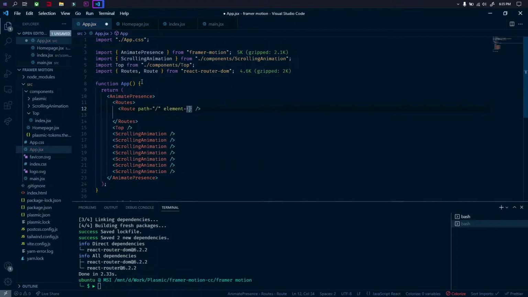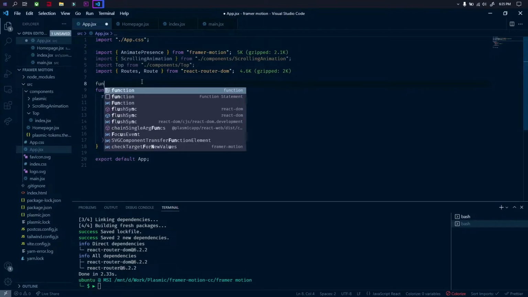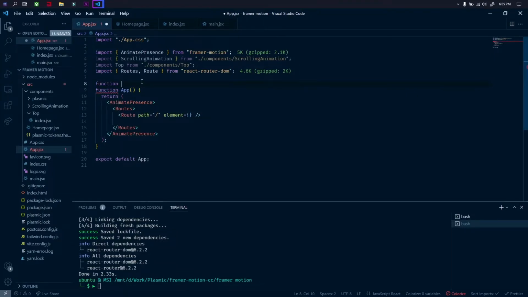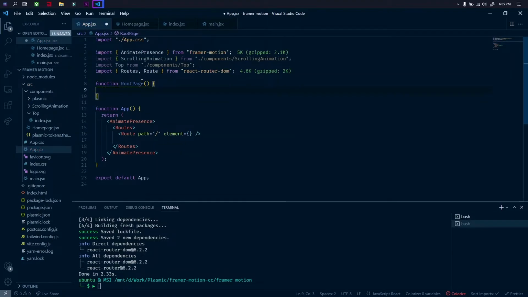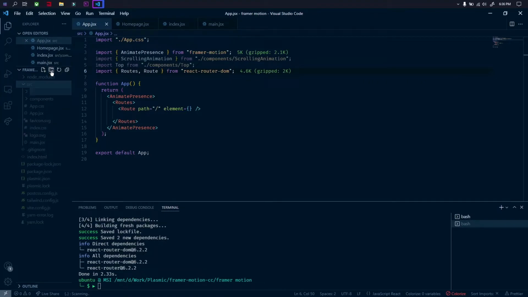So we want to render this particular content inside the route, so we'll convert this to a component. Let's name it function RootPage, and here, or let's create a different directory for pages. So let's create a pages directory inside the src. Here create a root.jsx